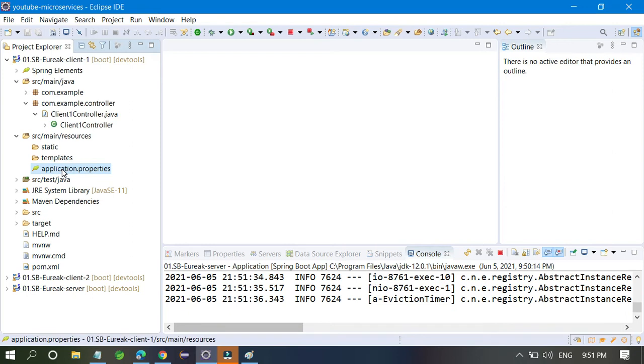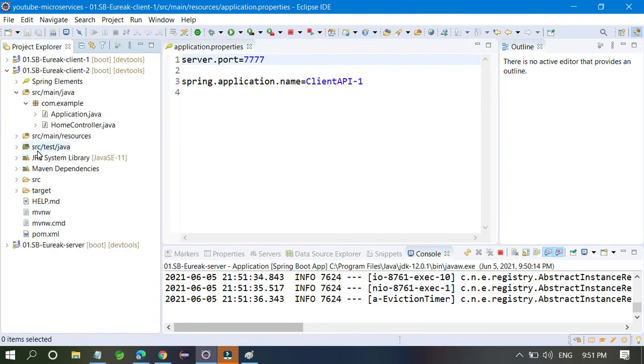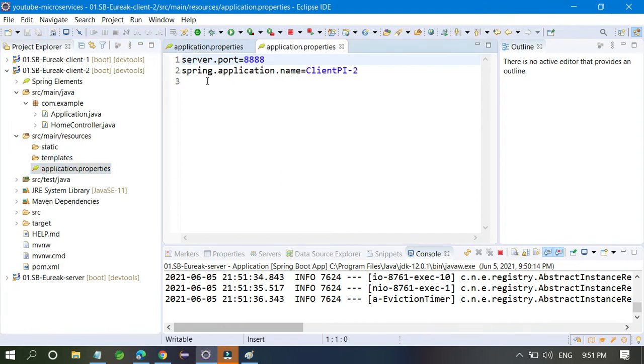You can see this API name I have provided in the application.properties file. This name is client API 1, and this API name is, I think, client API 2.